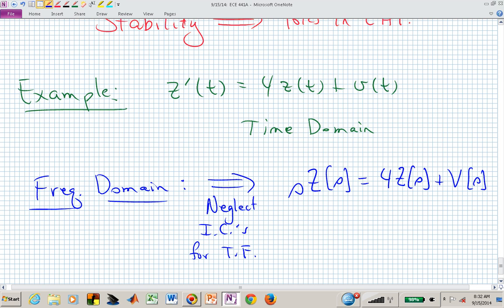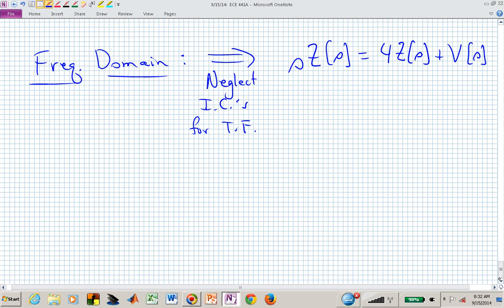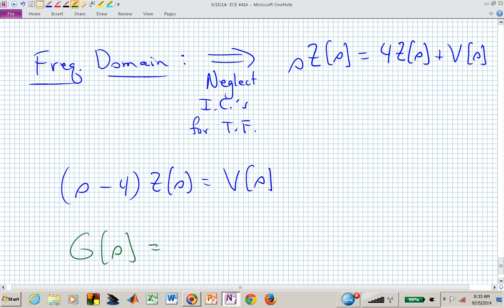How do we find the transfer function? That's pretty easy because we already now have just Z's, zebras and violins, Z's and V's. And that's all we need. We need to find the ratio of Z over V to get our transfer function. If we combine the Z terms, now our transfer function, G of S, for the linearized version of the nonlinear dynamics